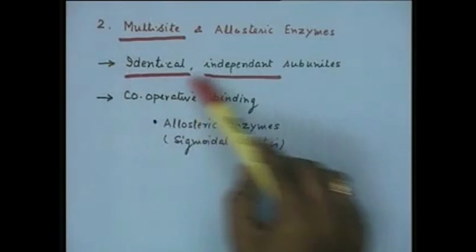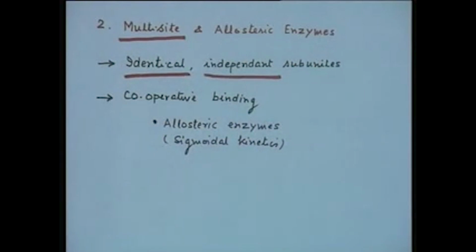But when we talk of allosteric enzyme, we are talking of a favorable interaction. So in the simple case of multi-site enzymes is identical independent subunits. Now in such cases, when all the binding sites or all the catalytic sites on the enzyme molecule, even located at different subunits, if they are identical and non-interacting or non-cooperative, I mean they have no interaction among each other,